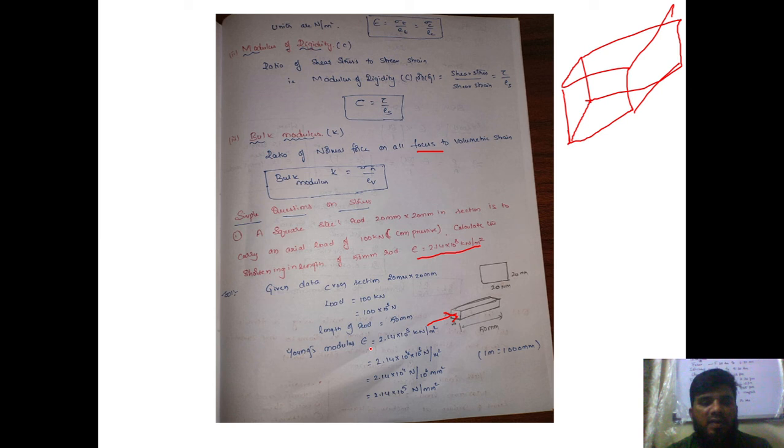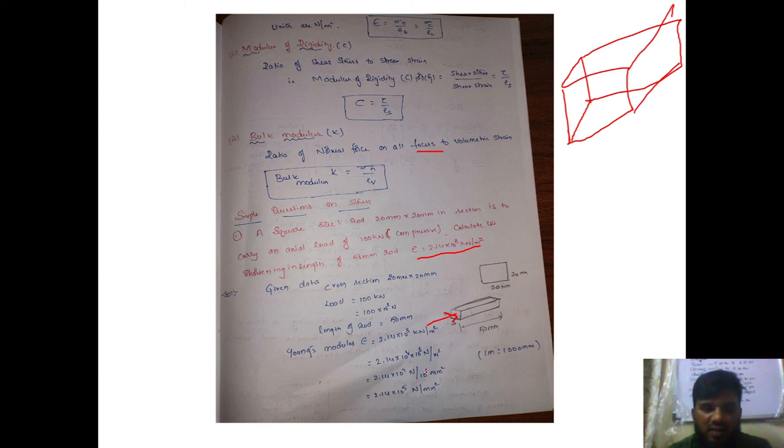Now Young's modulus, they have given E is equal to 2.14 into 10 to the power of 8 kilonewton per meter square. As soon as I see kilo, I will convert it to 10 to the power of 3. Again, here it is meter square, whereas here I am having millimeter, and here also millimeter. Try to convert all the units into one term. Since these two are in millimeter, I will convert this also into millimeter. I know that 1 meter is equal to 1000 mm. So I make this 1 meter square, so 1000 has to be multiplied 2 times. 1000 into 1000, 10 to the power of 3 into 10 to the power of 3, we will get 10 to the power of 6.